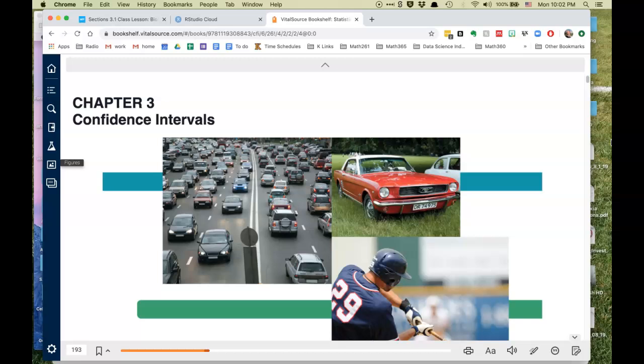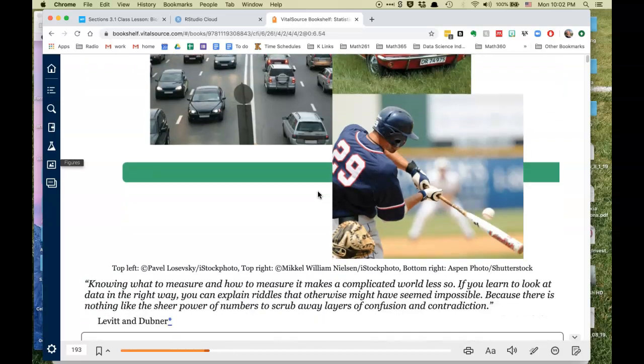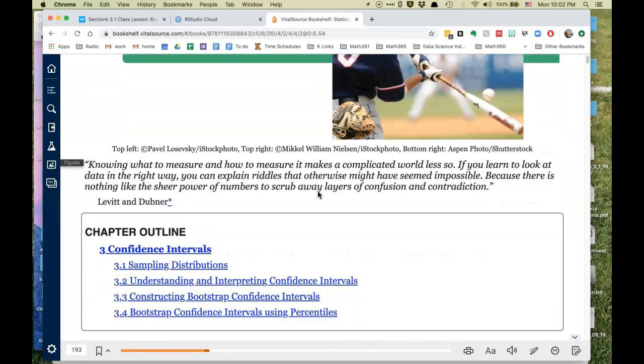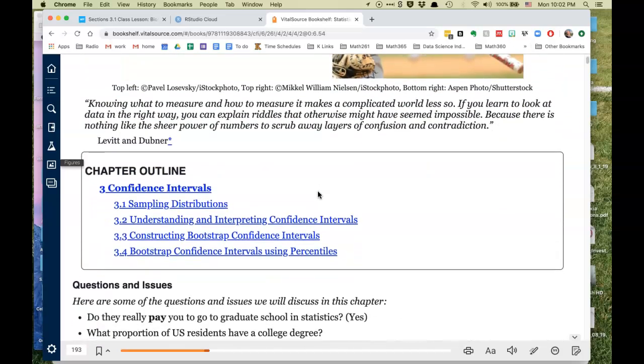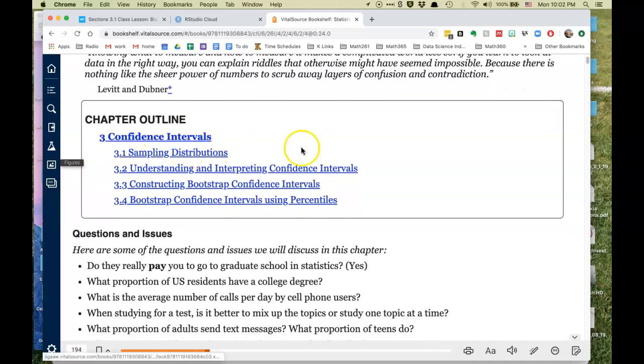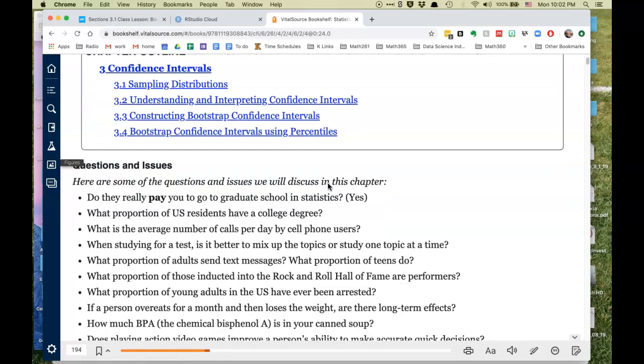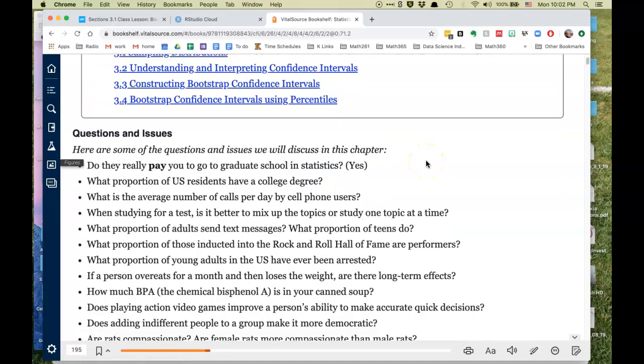So, to get at that idea, let's look at a few questions first, and I'd like to go through a diagram, try to visualize what we're doing. Chapter 3 starts with a little bit of an outline, so we're going to focus on sampling distributions today, and then move on to confidence intervals and a method for computing them a little bit later on. So I thought they'd do a good job in starting with some real application-based questions here at the beginning